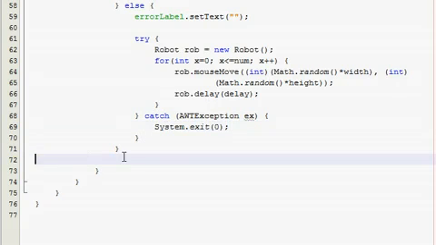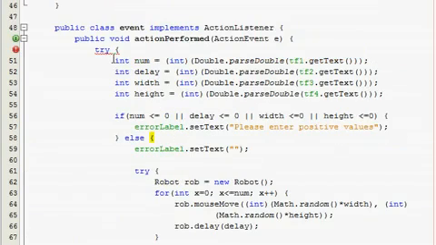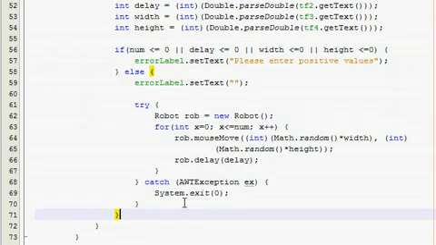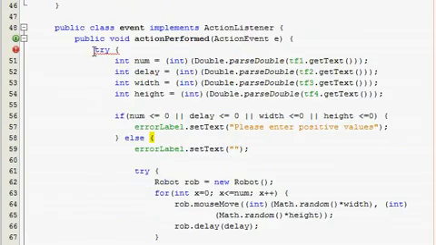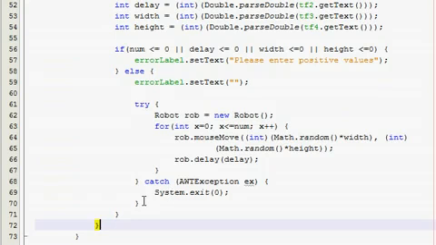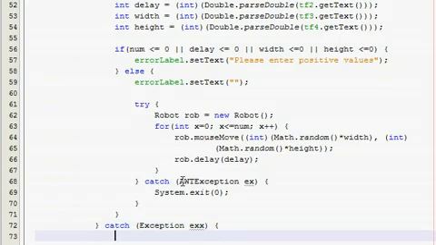Now, tighten this one up a little bit, and go outside this if block, actually no, we want to go all the way down here to this try block, so down 3 from the previous one, and go catch exception X, I should call it EXX, just so it doesn't get confused with the other one,